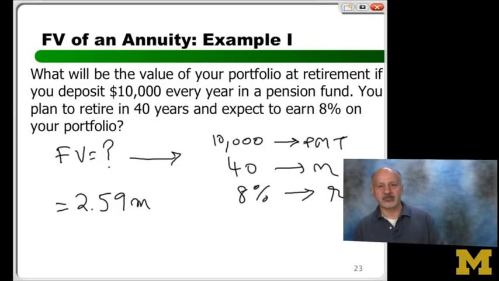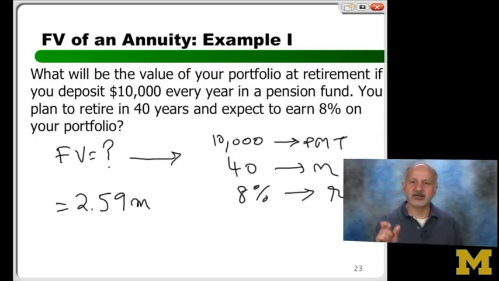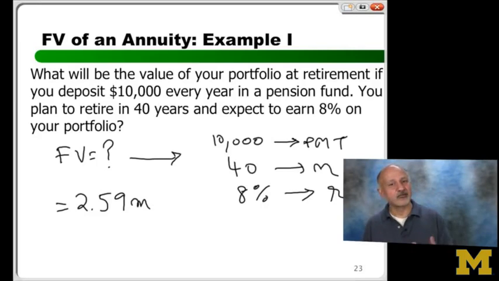So let me ask you the following question. Suppose there was no interest rate, or in other words, how much of the 10,000 are you throwing in? And suppose interest rate is 0. This problem is very simple to do. Why? Because you do 40 times 10,000, you have $400,000, right? So the interest rate, time value of money, is 0. You will have a lot of money in your bank account, but how much will it be? 400,000. How much do you have if the interest rate is 8%? 2.59 million.